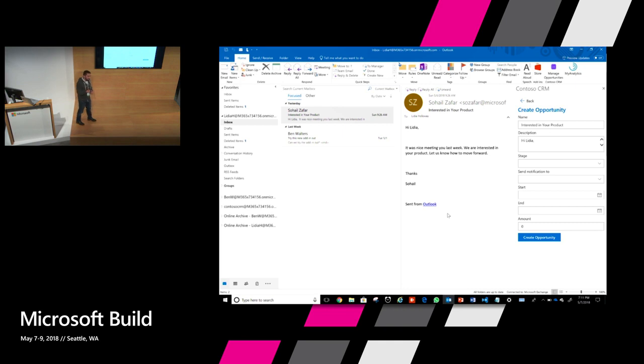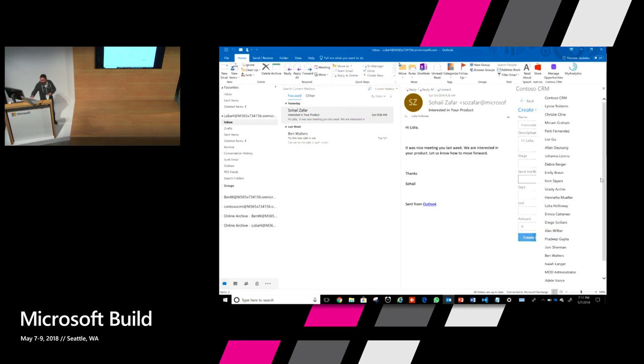Again, the magic is that the user is not required to log in again. This token allows the app to get the Graph access token, and then the add-in uses the Graph API to get a list of all users in this tenant. And that's how the add-in populated this list.